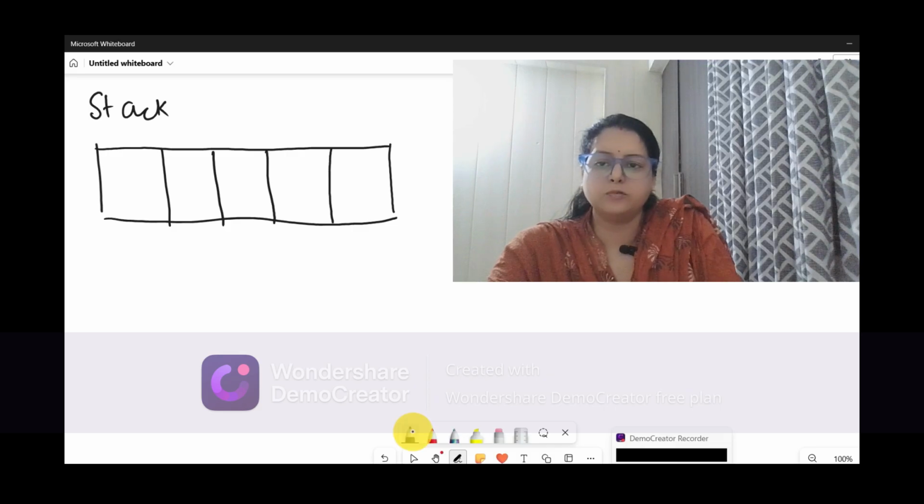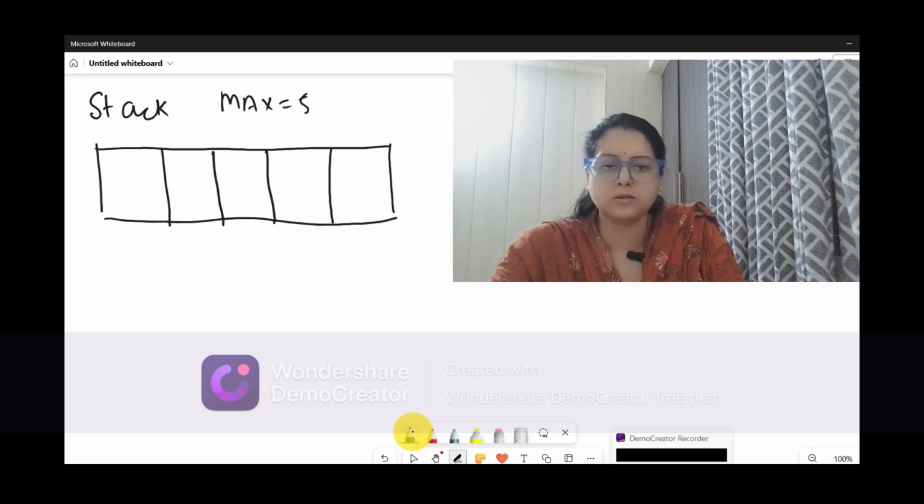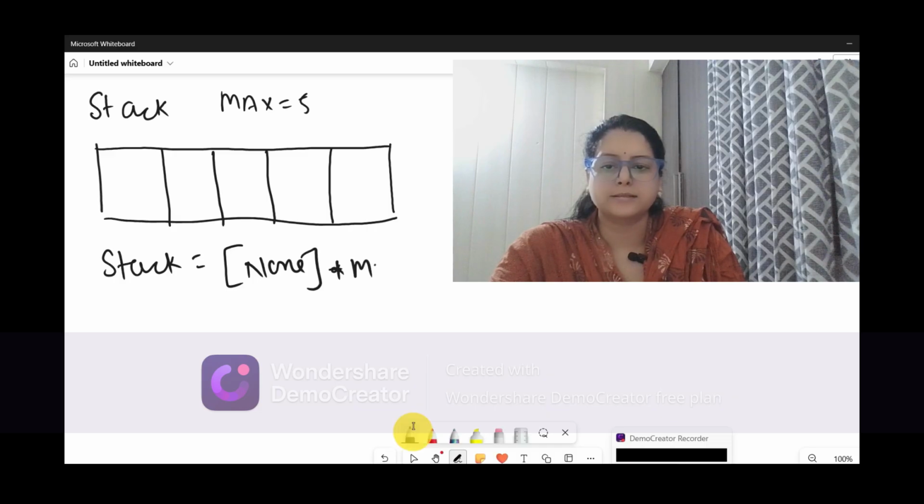This we decided when we wrote max equal to 5. But now when we have created this line, stack equals None into max, max is our size 5, and None means one stack list will be created with all the values filled with None.